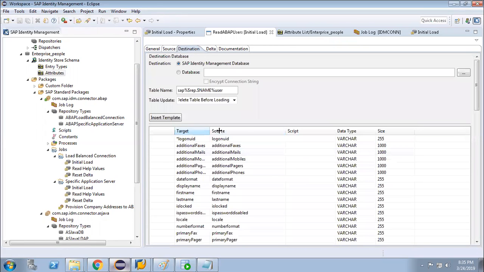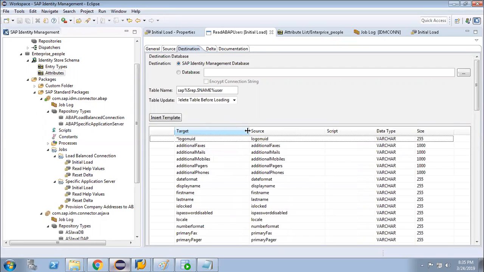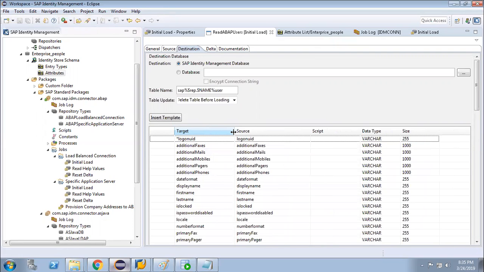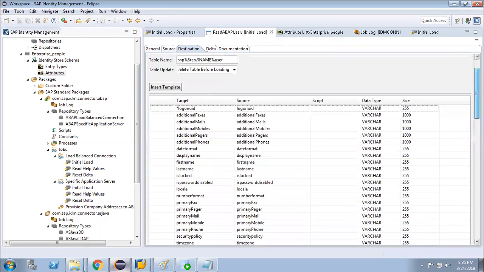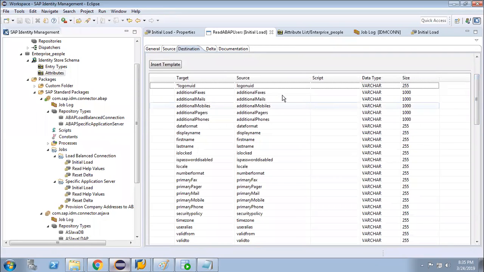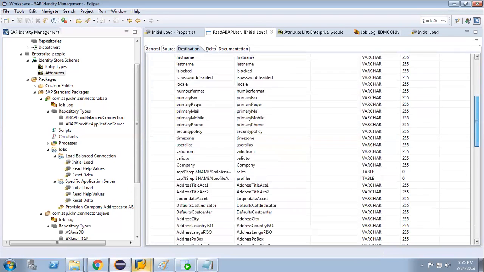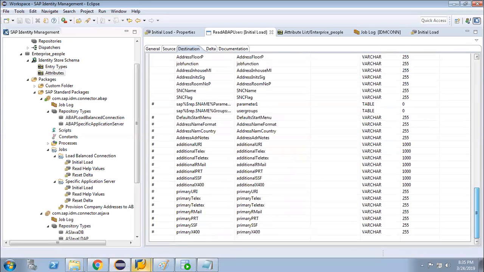Destinations, if you check, from the source entire things are getting taken. So destinations it will check, that is the logon ID. Logon ID is nothing but our user ID. And where is the user ID getting stored? The user ID is stored in the USR02 table. Okay, so from there only it will take the value.